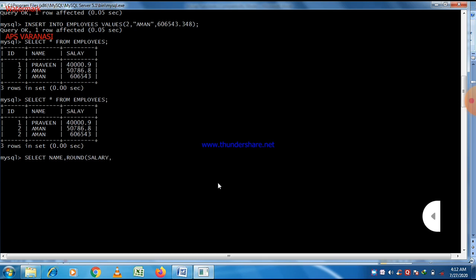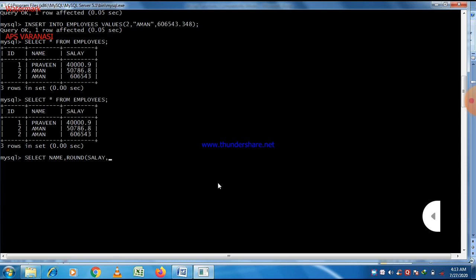If you want to find the salary up to one decimal place, then write salary comma 1, and then give it an alternative name using as.